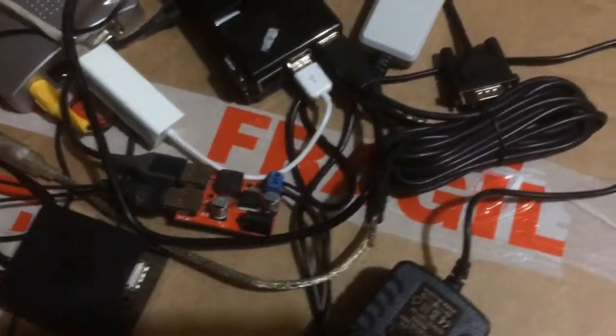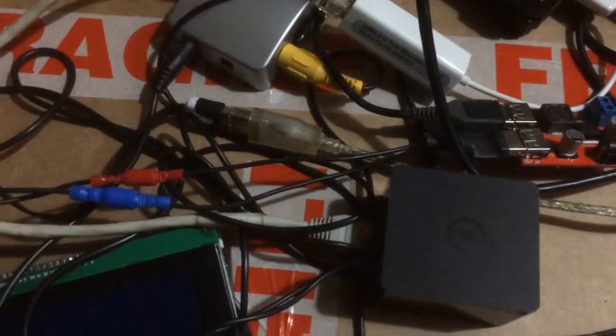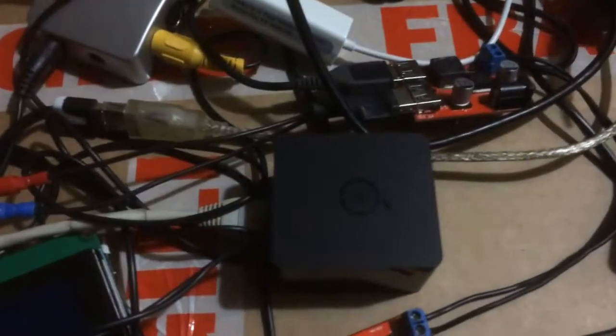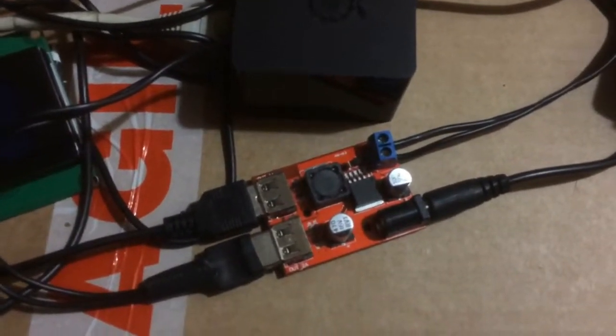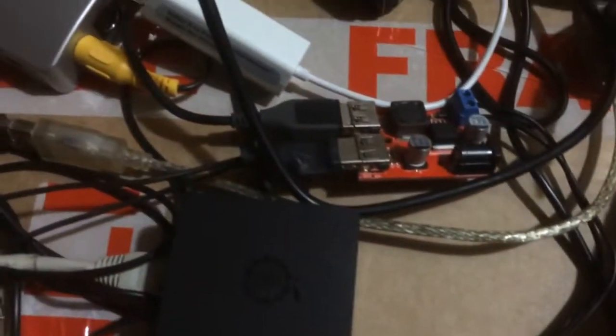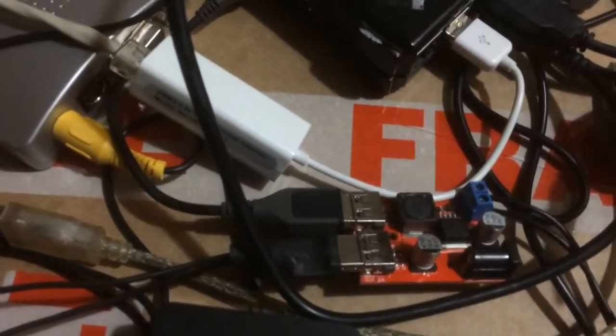So basically, to power everything, I have two switch mode power supplies. So that's one, and the other one is down here. And the Orange Pi Zero, which I've been using, is connected into one switch mode, and as you can see, both of them are linked together to a power supply. And the other Raspberry Pi is powered through a USB mini into the switch mode,